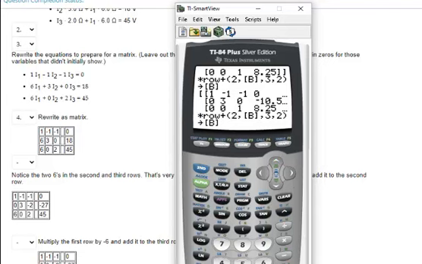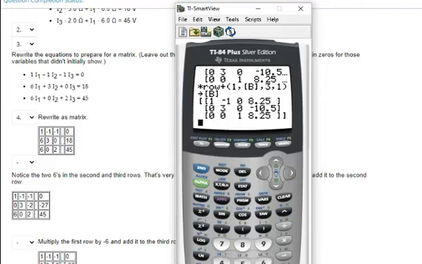So 1 right there. Let's see, third row still, and now the first row. There we go. All right. Okay,